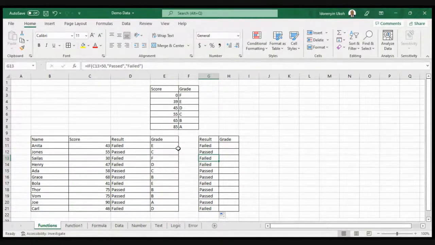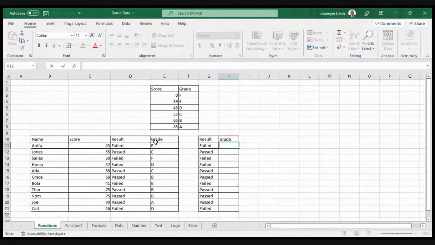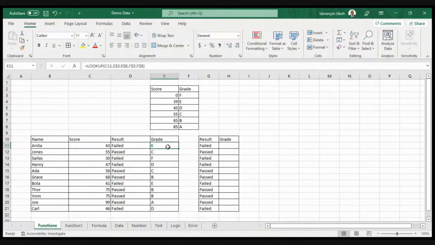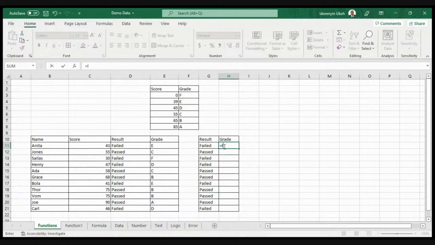Now, apart from having all these results, what is the grade that is attached to these results that we have? So that's why we have the lookup function. We already have this grade and score table that accompanies the range of it. So it would help me know what my lookup function is. So it's equals to, having that function, lookup.